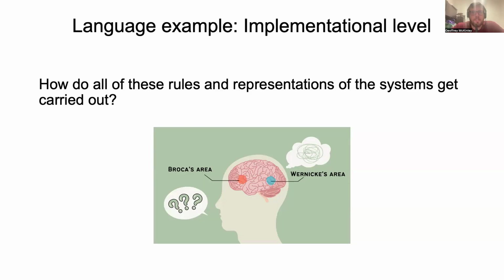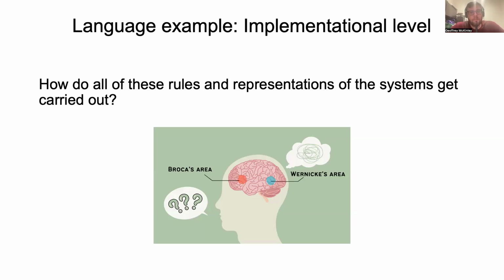Your comprehension is intact, but you have trouble producing words. Whereas when Wernicke's area is damaged, these patients have no problem speaking, but they usually don't make any sense. And likewise, their comprehension skills are also